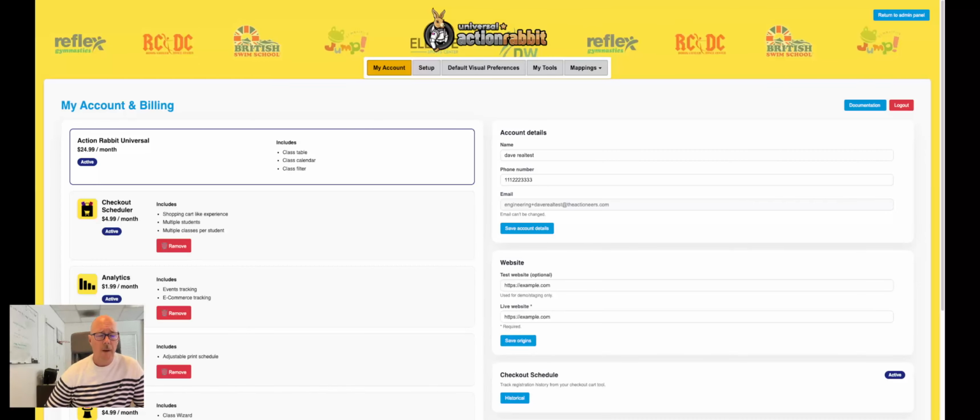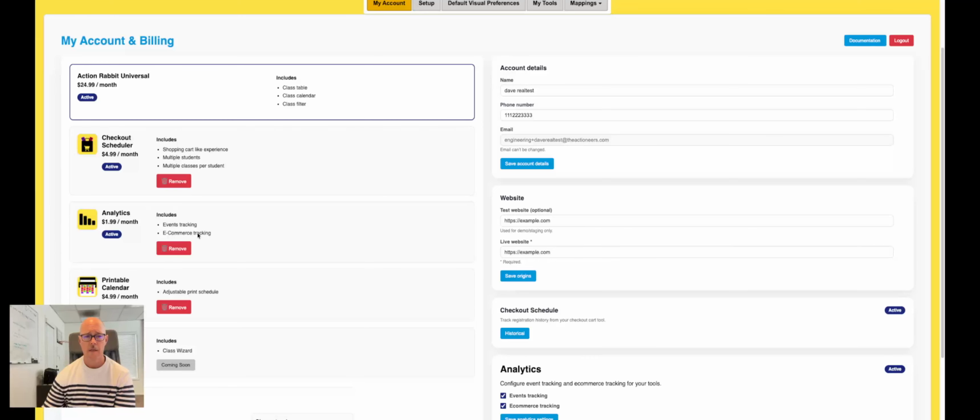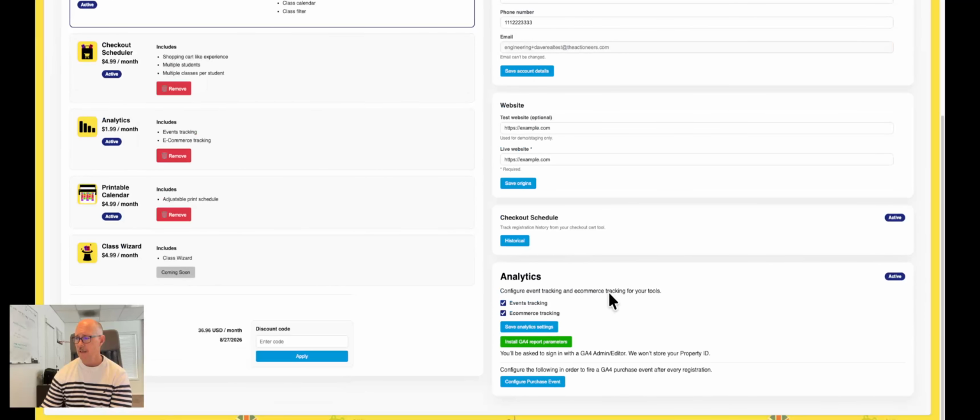We're going to be talking about adding analytics to go alongside our Universal Action Rabbit tools. Okay, so first of all, I'm in Universal Action Rabbit. I'm on the My Account section here. I have analytics added as a product here on the left. And what that's going to do is add this analytics option